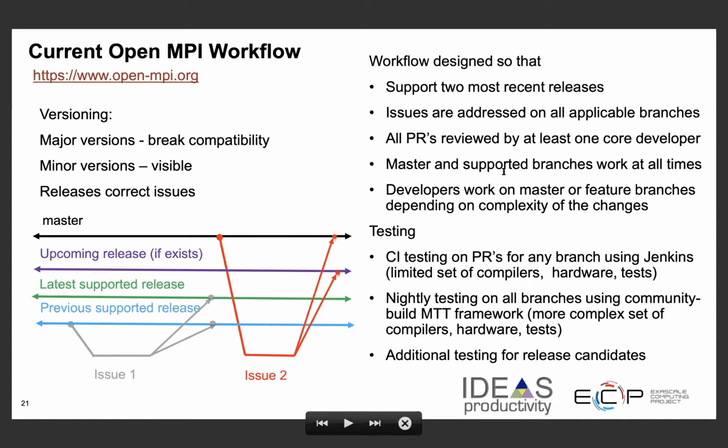All the code development takes place in the master branch. And to ensure stability of the master branch, everything is submitted through PRs. The PR has to be reviewed by the code reviewers on the team. And the master branch is always stable and in a working condition. A couple of important things to mention is